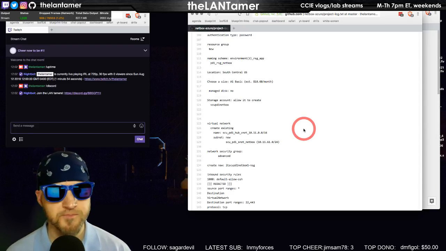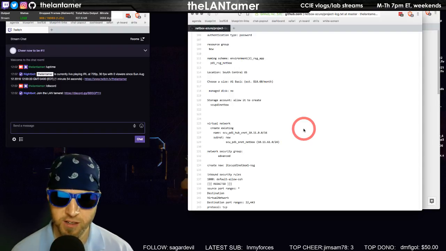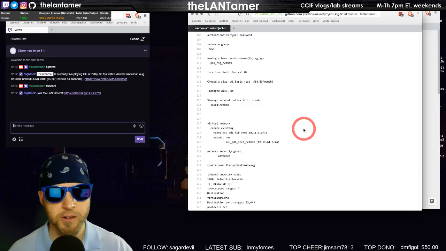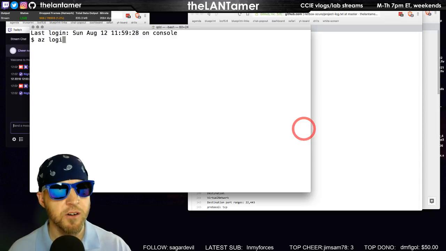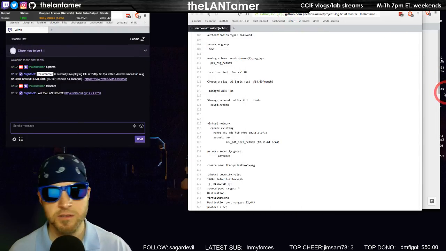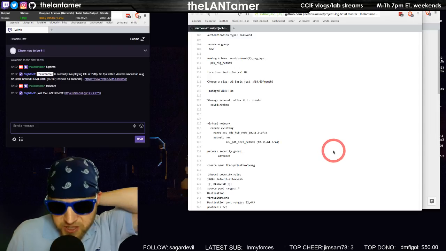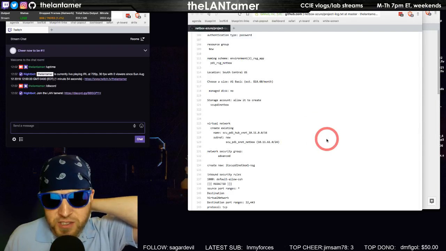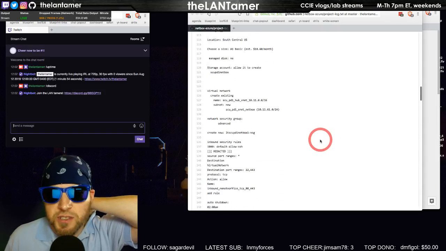I have to log into the portal, and I could automate this as well, to log into the Azure portal through my terminal here on this machine. I could do az login and then script out booting up the virtual machine, and then I just wait a little bit, and then I can start using NetBox.